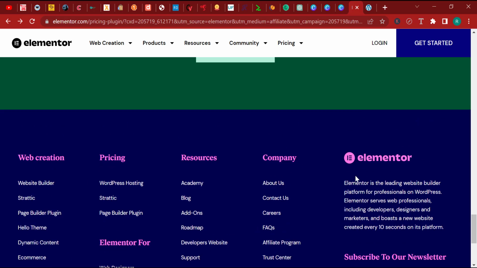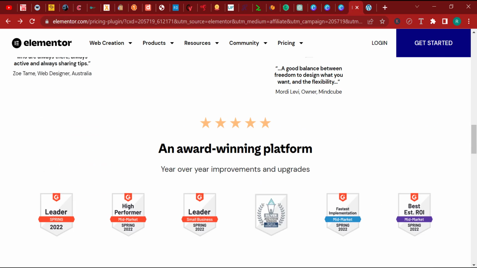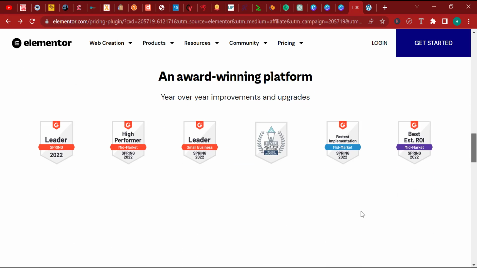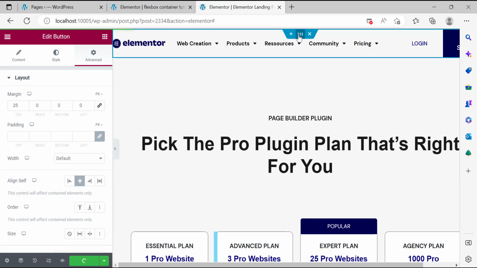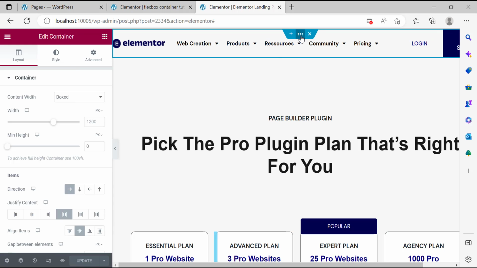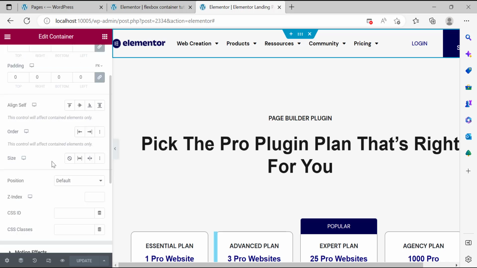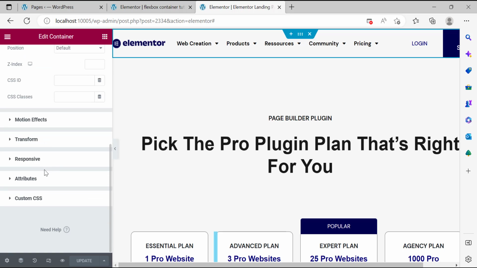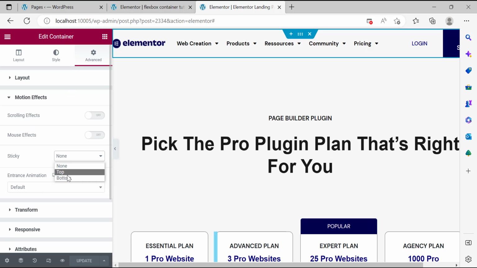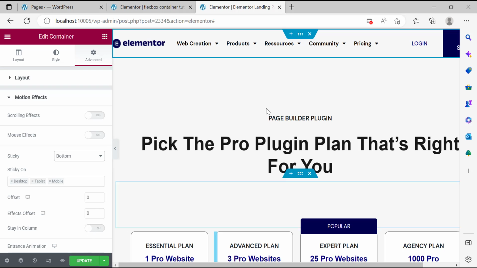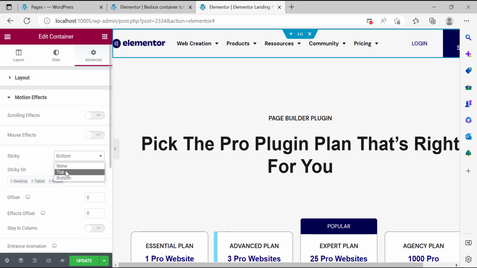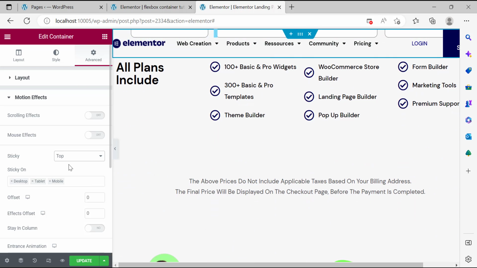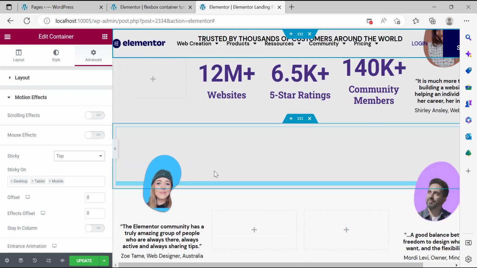Now the only thing that's left for us to do is to add the footer. But first off, let's make this header a sticky header. How do we do that? Well, scroll up to the top. Click on your header here, or on your first container. Go to advanced, scroll down, and over here in motion effects, click on sticky and click on top, and then right now you can see that it is